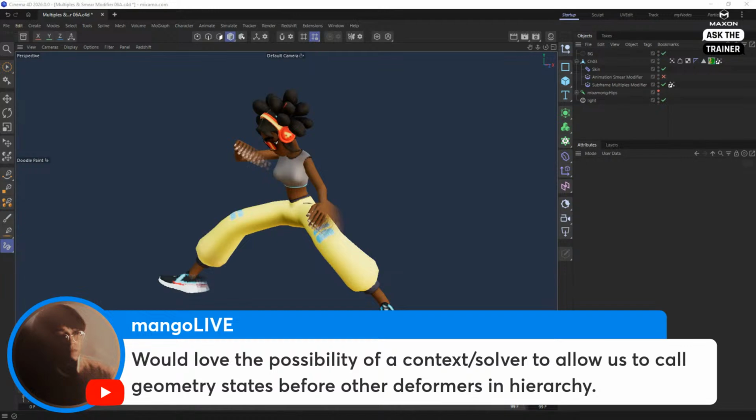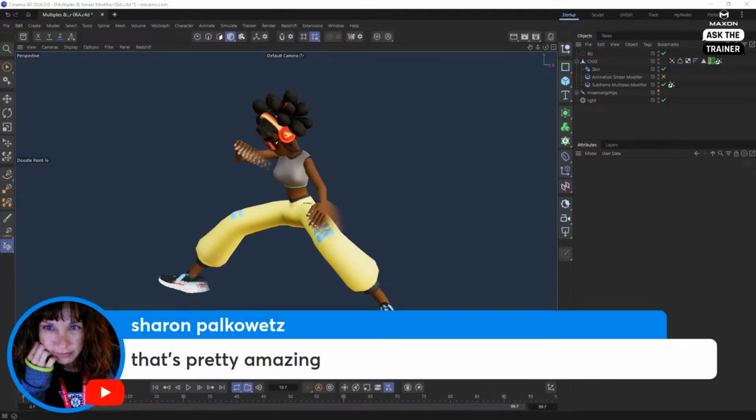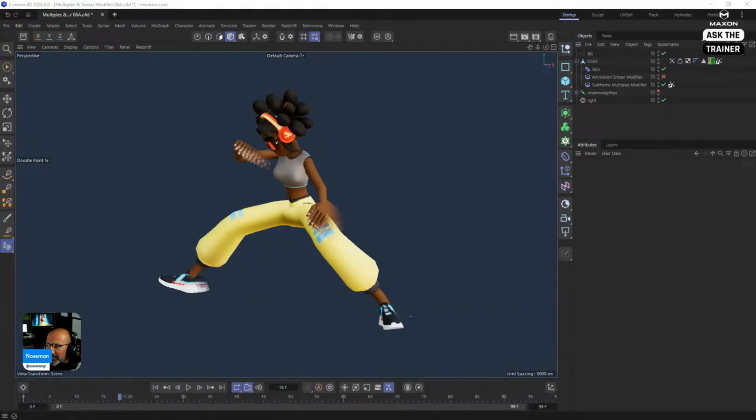If there's some setup you want to achieve and you need this as a method to achieve it, let me know. That is something that interests me. A request like yours is something you need to send to customer support or send a request through Cinema 4D. That's pretty amazing. It's interesting.